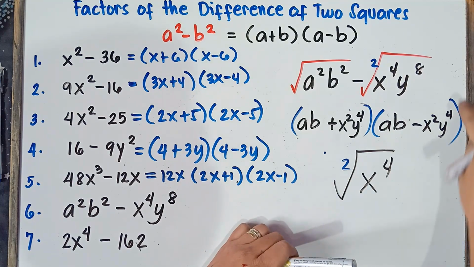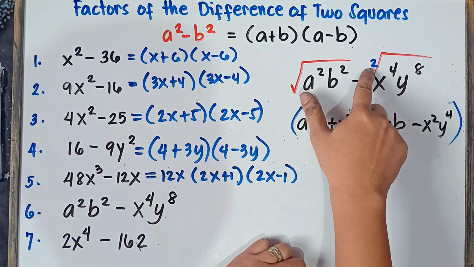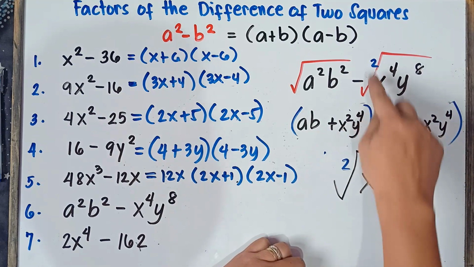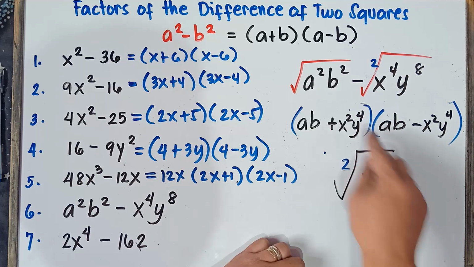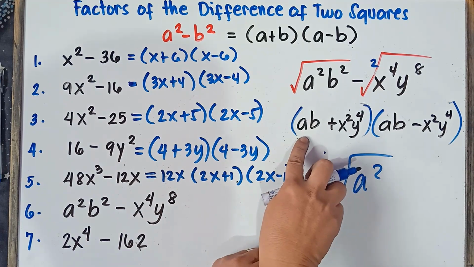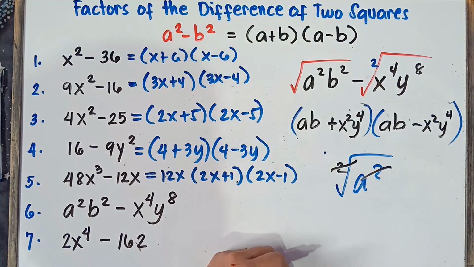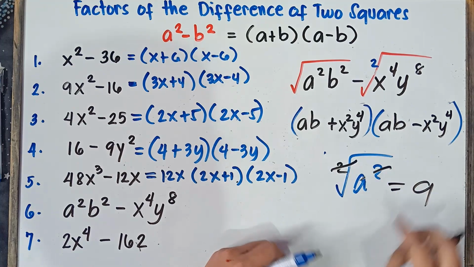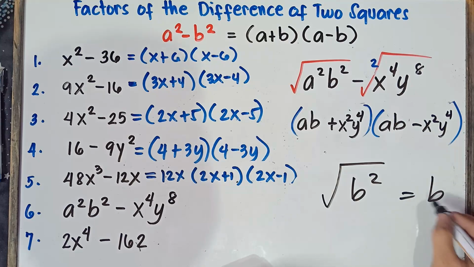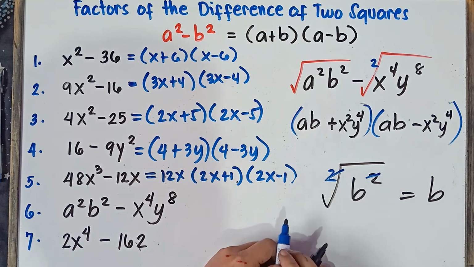That's the thing there, class. Do not make things complicated. Once again, understand the index here is 2. 4 divided by 2, that's why we have x squared. 8 divided by 2, that's why we have y raised to the power of 4. Because check this one out, class. The square root of a squared, our answer is a, right? Because understand there's a 2 here. 2 divided by 2, we can just simply cancel that out. That's why we have a. Once again, if I say the square root of b squared, our answer is b, right? Because the index here is 2, we can just simply cancel this out because 2 divided by 2 would be 1.